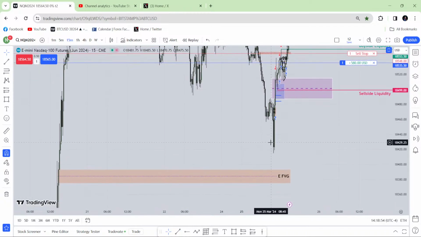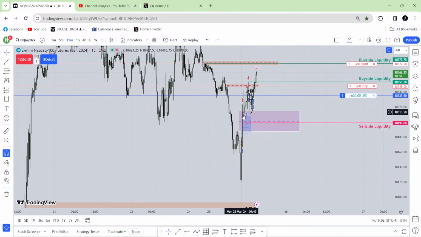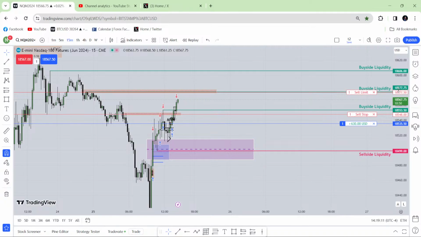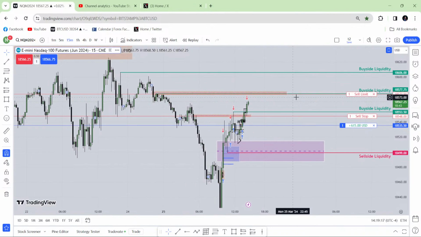Here I was bearish. When I got this thing, I was bearish. Then when market closed here, I was bullish. Continuously I was bullish. So until now I'm bullish until this liquidity. I told you in the morning session, remember 18577.75. I'm reminding you, remember that level. You are reading chart and price action like a poem.